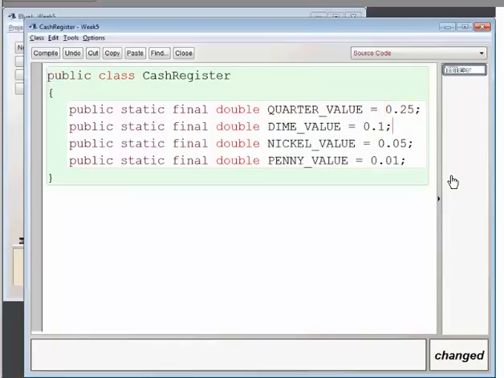Now dime is 0.1 of the dollar. Nickel is 0.05 of the dollar. And penny is 0.01 of the dollar, right? So these are fixed values, cannot change, which is why we declare them as final. Okay. Now let's declare more